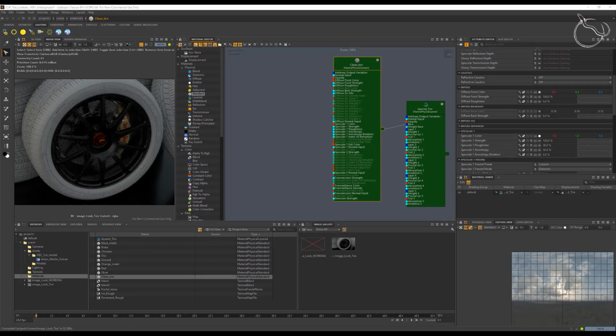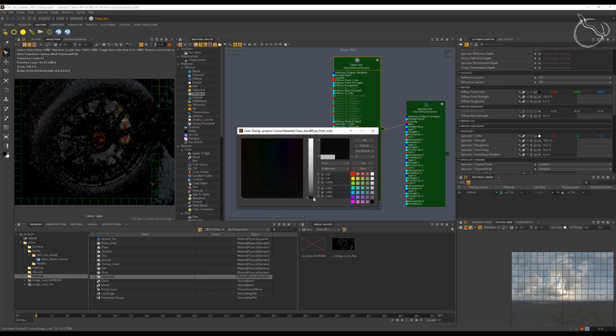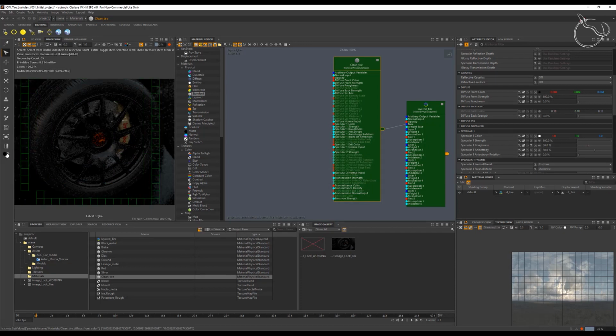So the first thing is let's go to create a dark color for this one so we can tweak a little bit the material. So let's say that it's really dark, and then we have a little bit of roughness because we are talking about a gum, something like plastic or gum, so we have a little bit of roughness